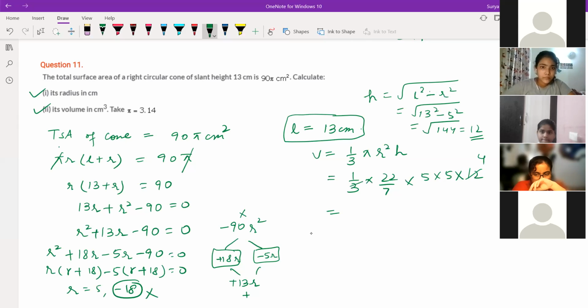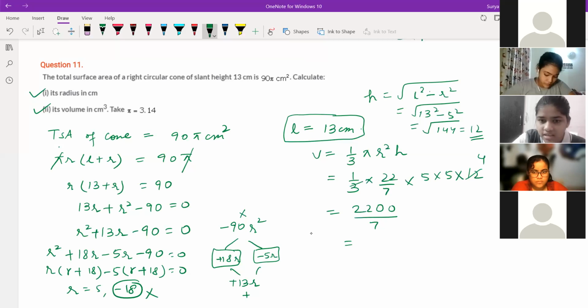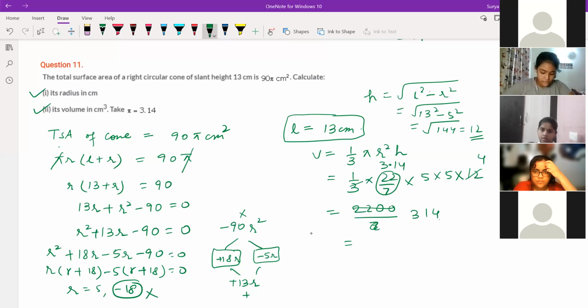Then you can solve 22 into... So 314. Sir, pi should be taken as 3.14, right? It is given, yes. 314. We can do it directly, there's no need to cancel out, sir. 22 by 7, we can take out common. 3.14 into 100, 314 is the answer. Okay, fine. So this is the easy question. Directly the pi value, we can take it as that only. 3.14, and 3.14 into 100 is 314.